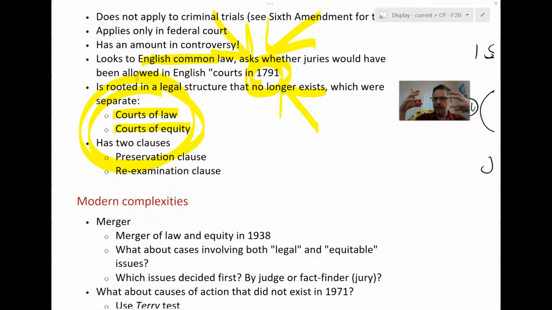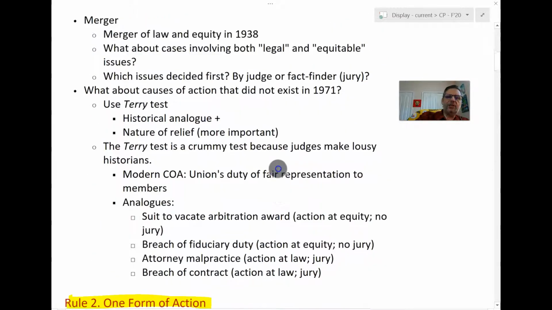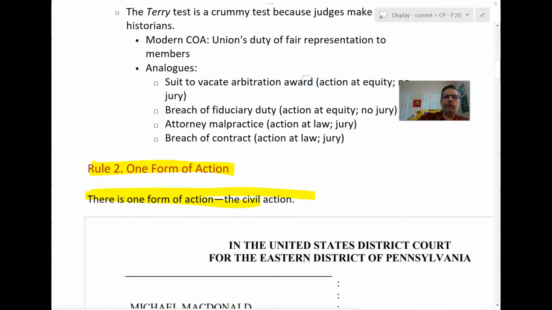But they would kind of function as one court and as another. It would be the same judge, the same court, but they were still making that distinction between, I'm a judge and now I'm acting as a court of equity, and now I'm going to sit on my law side, whatever. Well, that kind of silliness was done away with in 1938,